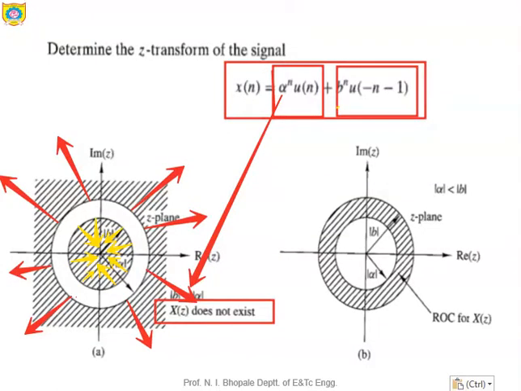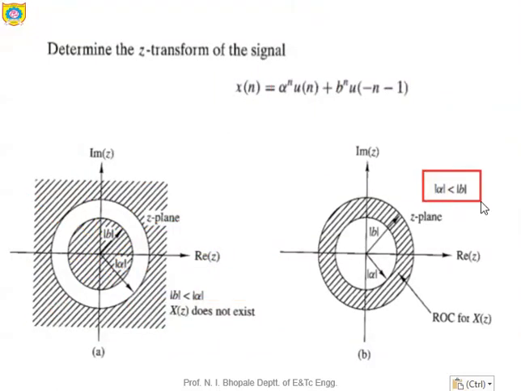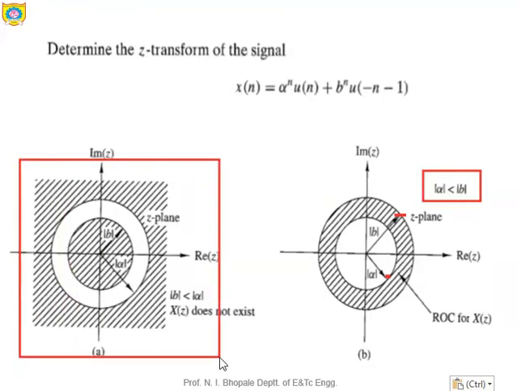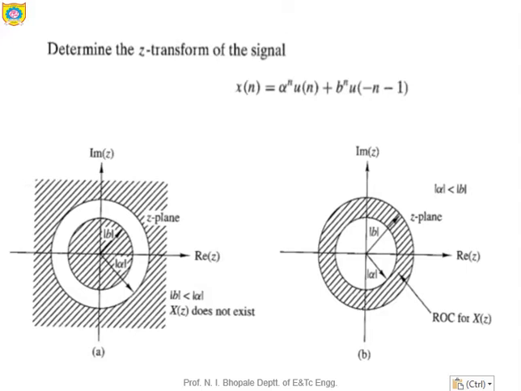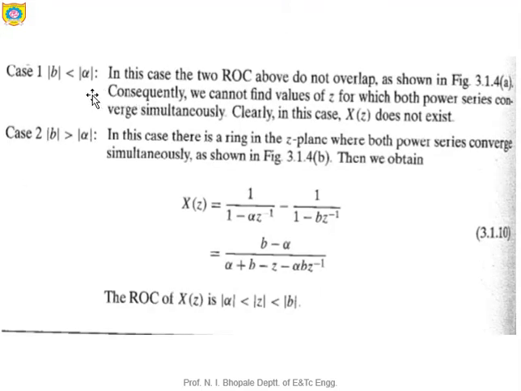When alpha is less than b, obviously we can get the Z transform in this particular manner. This is the value of alpha, and this is the value of b. When alpha is less than b, we get the contrasting pattern to that of the left part, and here we can say the ROC of X of z is this particular shaded portion, and it does exist. So this is how it can be concluded in the next slide, how the ROC results for the second case.